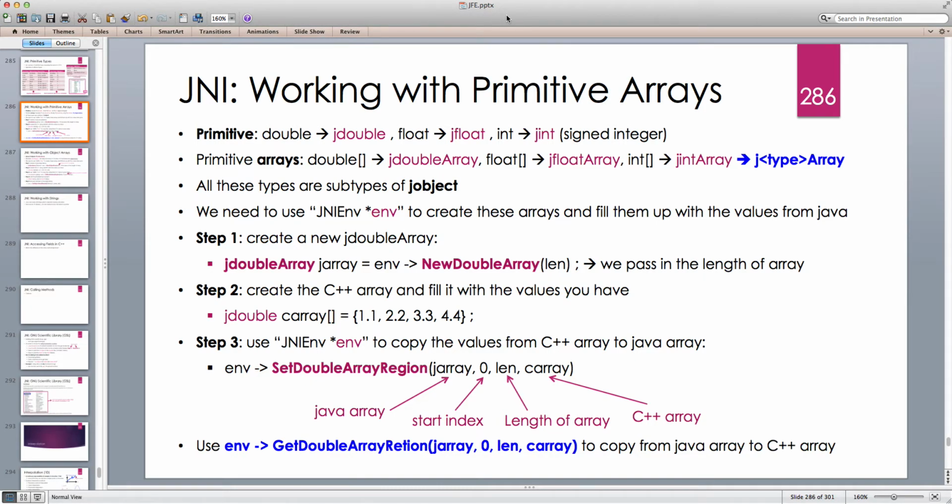In this tutorial, I'm going to continue with our discussion of Java Native Interface, and we are going to look at a very important topic: primitive arrays, how to go from primitive arrays in Java to primitive arrays in C++ and vice versa. And the important thing is that arrays of primitive types in C++ are completely different from